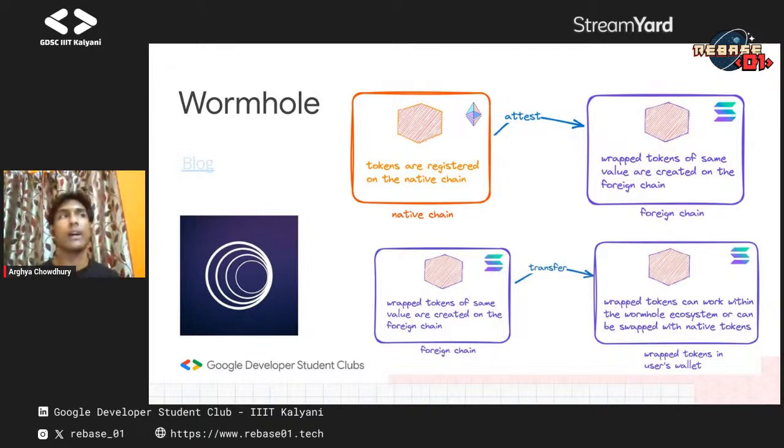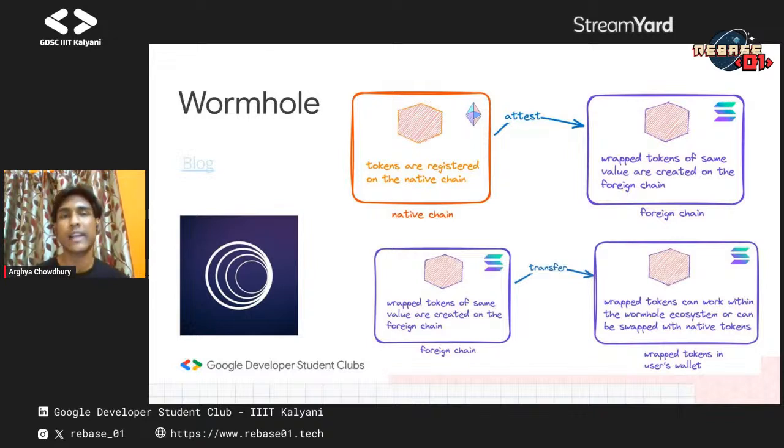Suppose you have Ethereum in your MetaMask wallet. Now, MetaMask is a wallet that is native to the Ethereum blockchain, and Phantom is a wallet that is native to the Solana blockchain, but it also supports Ethereum and Polygon. That's a different scenario, but it's mainly native to the Solana blockchain. So what this attestation process does is, suppose you have Ethereum on your ETH mainnet in your MetaMask wallet. Now, what you want to do is send that Ethereum from your Ethereum mainnet to your Solana mainnet,